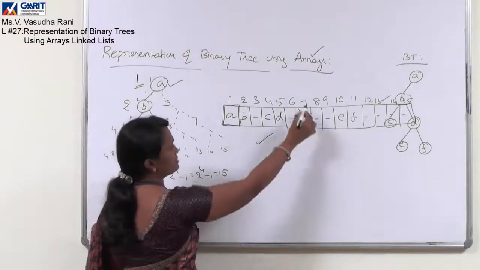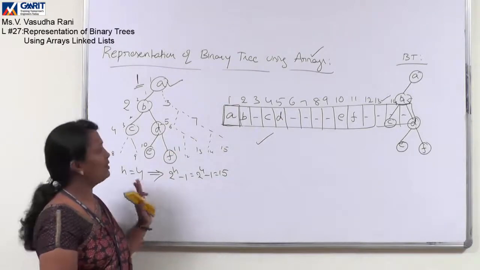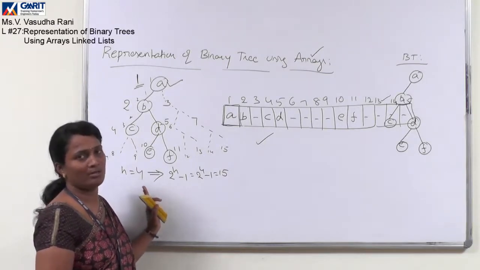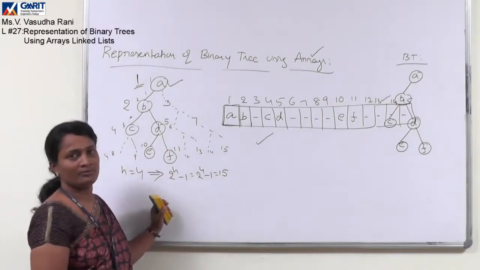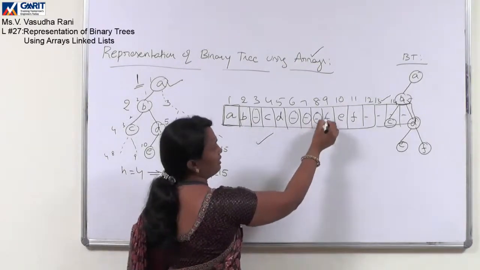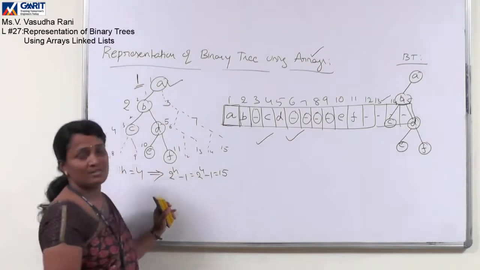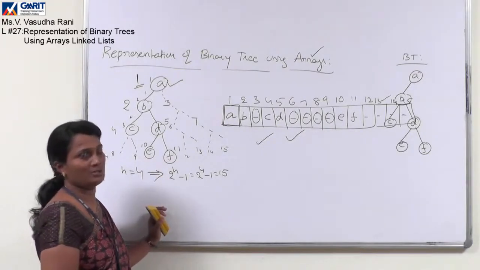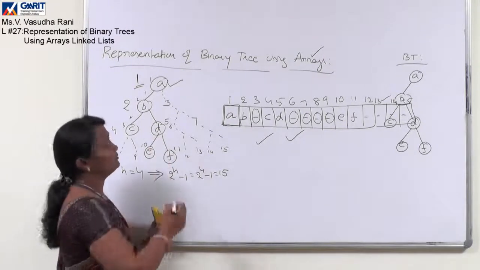But by seeing this representation itself, we can come to a conclusion that if the binary tree is not having all the nodes in it, if it is not a full binary tree, space is allocated but it is wasted space. It is of no use, whatever space we have created using our array. This is not an efficient representation for the binary tree. Array representation is not that efficient. So let us go for another sort of representation, linked list representation for binary tree.